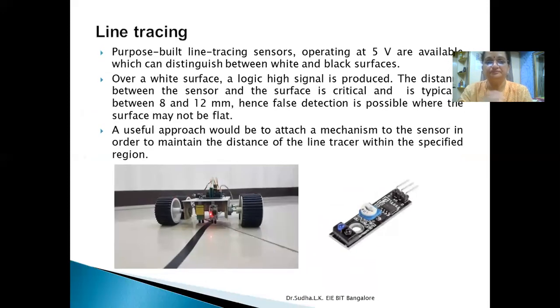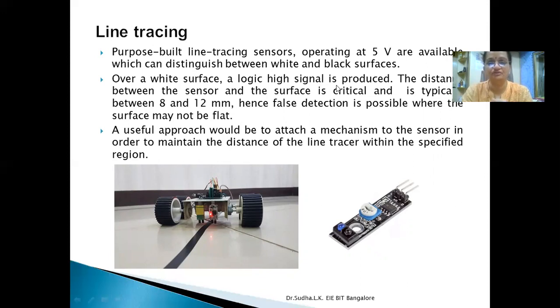The next part is the line tracer. Here, from the microcontroller we are getting zeros and ones. From there, through relays, we connect to the line tracer, wherein depending upon the voltage levels coming to the relay and the line tracer, we are getting zeros and ones. So how is that applicable to sensing surfaces? It distinguishes between white and black surfaces with the help of this sensor. So this is your line tracer.